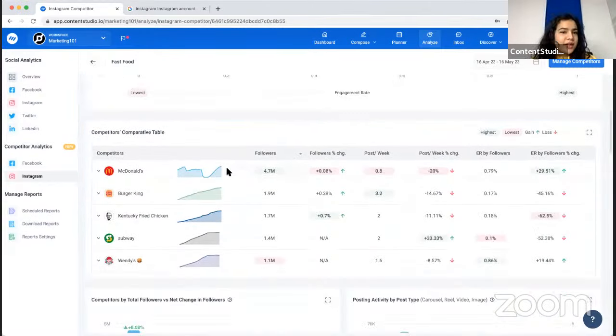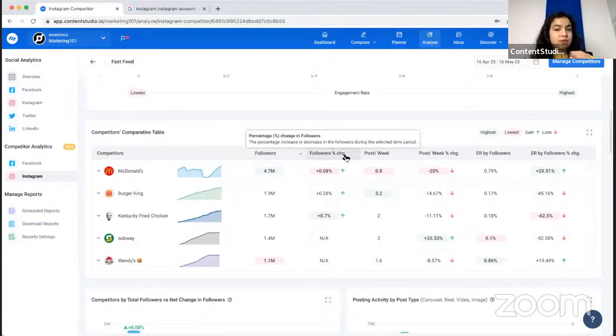we have the competitors comparative table. Now, over here, you can see a lot of details. So let me go through them. Firstly, you'll be able to see the number of followers that each of these competitors have. And then be able to see the number of follower change in percentage over the time period that you've selected right here. Then you can also see the number of posts that they post per week,